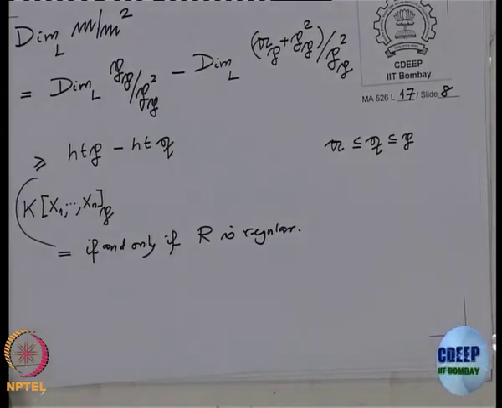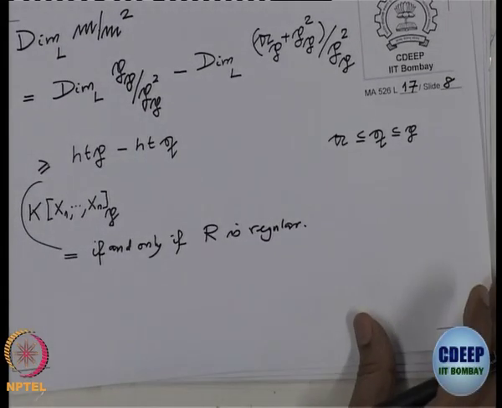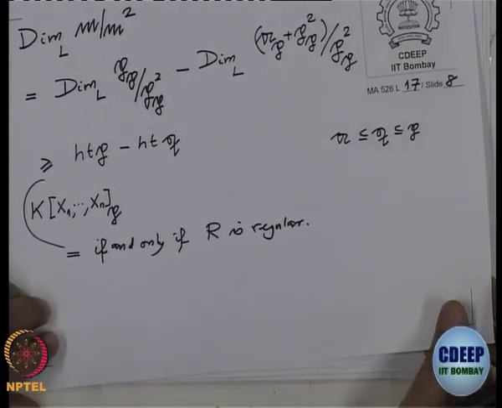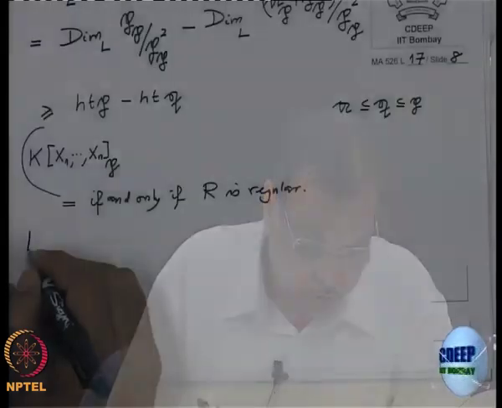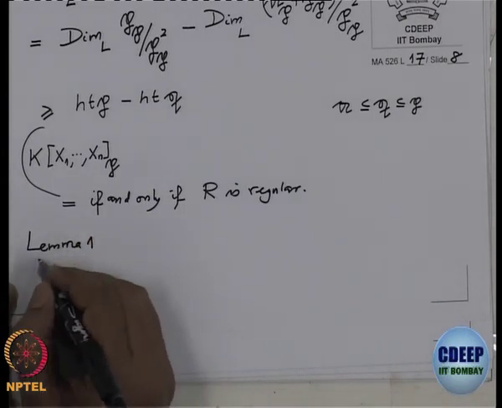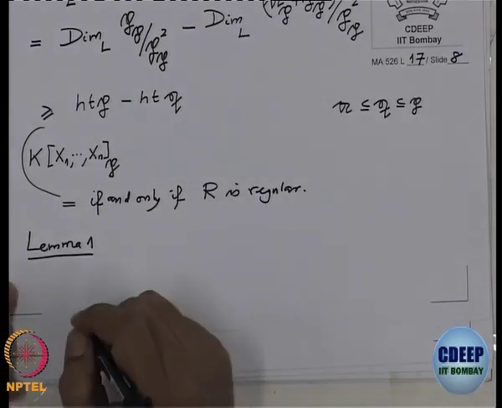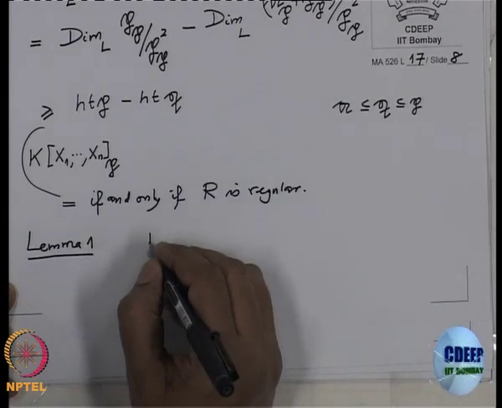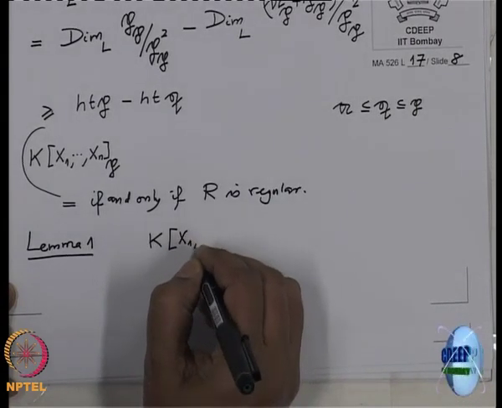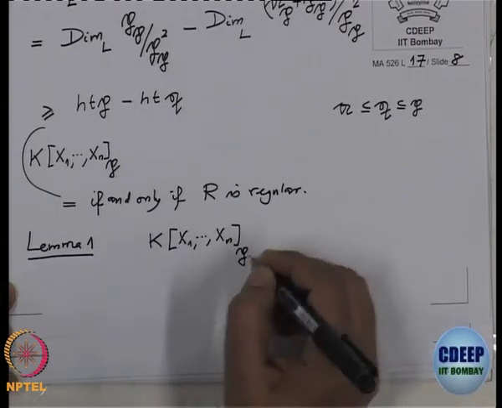Okay, now therefore, we only have to tie up with the rank of the matrix. Okay, and I will remind you what we proved in lemma 1 and what we proved in lemma 2. Okay, so in lemma 1, we have proved the following. This was precisely the content of the lemma, not exactly, but this will be the outcome of that. So, this ring, the polynomial ring, localized at P, this is regular.